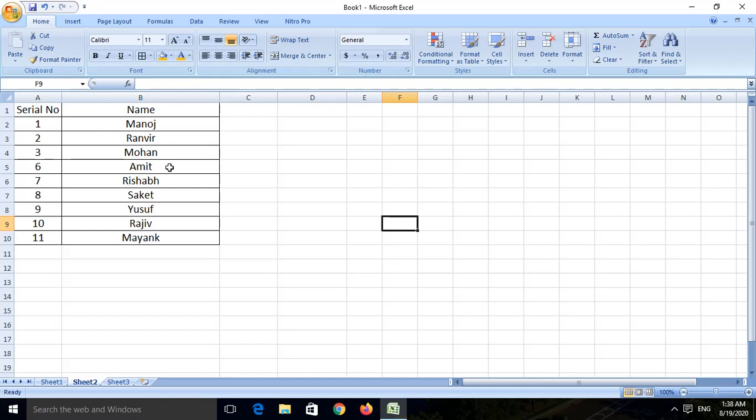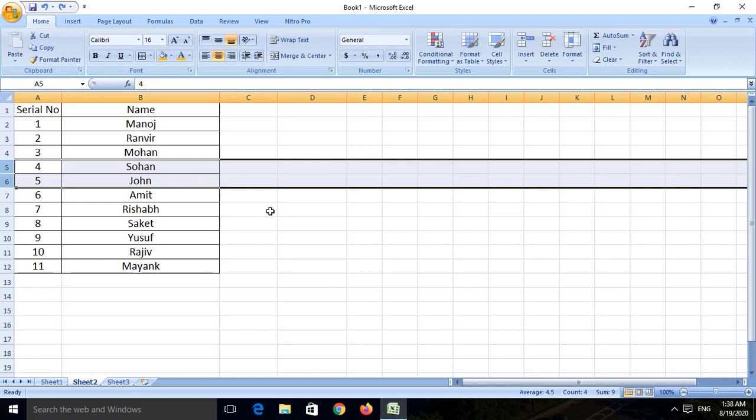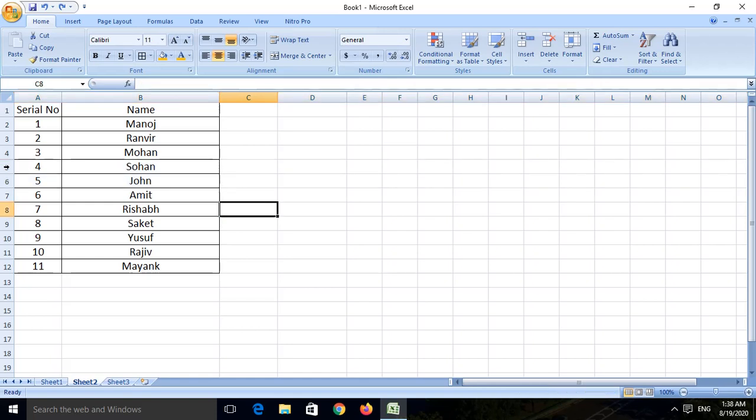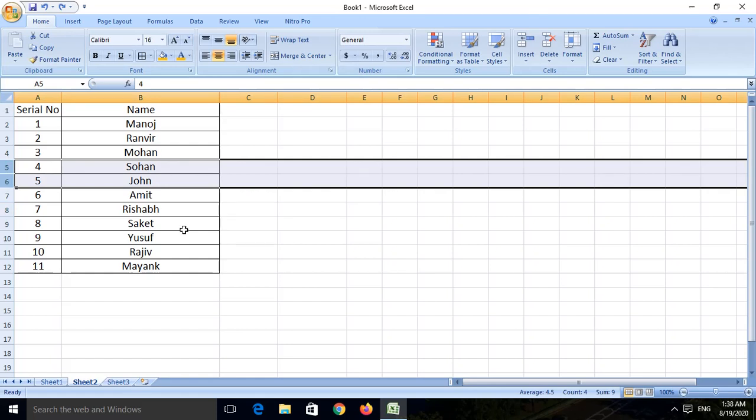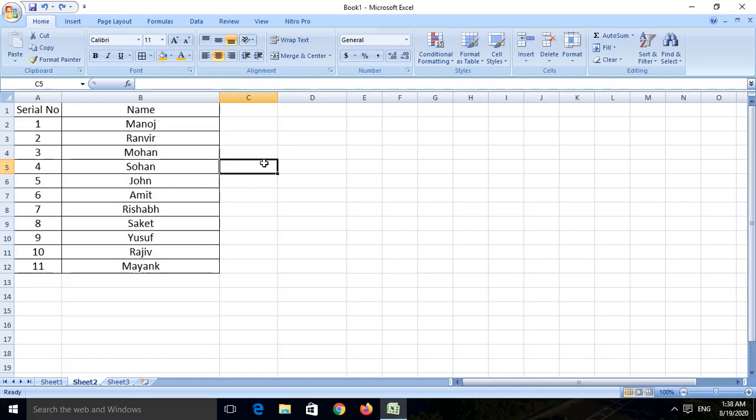Now I brought both the rows back once again. How to bring it back after deleting? Suppose by mistake you have deleted. What will you do? You will use Control plus Z, that is called undo. You might have used this key combination on your keyboard, Control plus Z, that is undo, to bring back the data which is deleted by mistake. So here again I brought back the data.